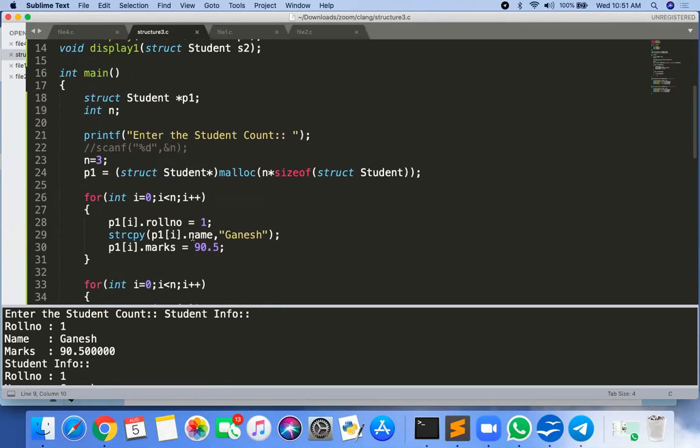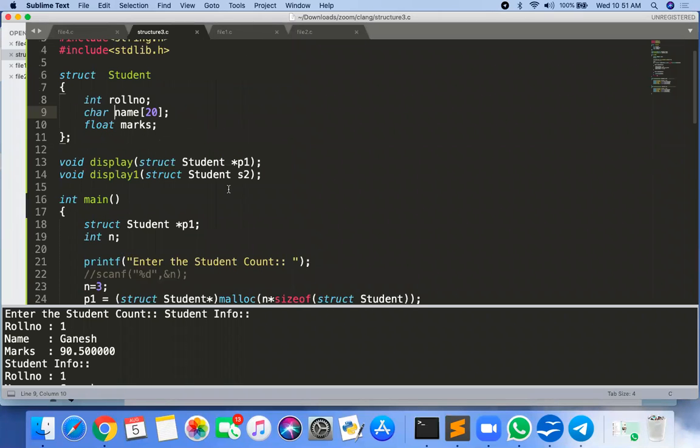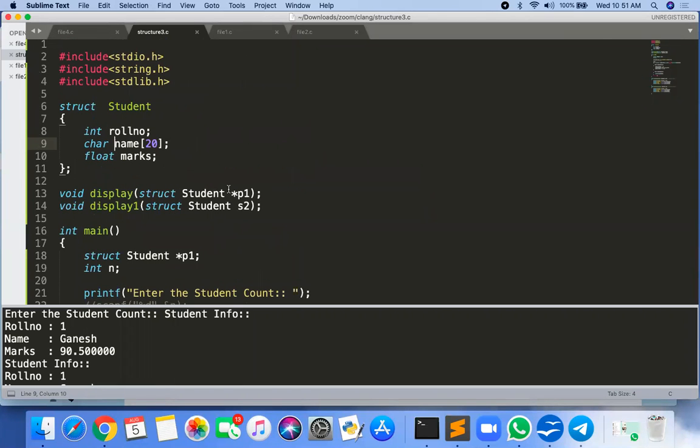If you do p1 of I.name equal to Ganesh, it means Ganesh is stored somewhere in your stack memory, and you are storing the address of that Ganesh into the name pointer. But that should not be used. Some compilers don't allow it. Unallocated memory should not be used.